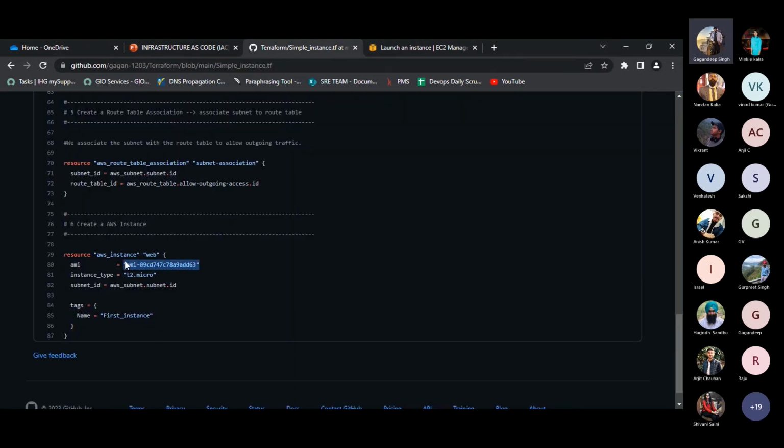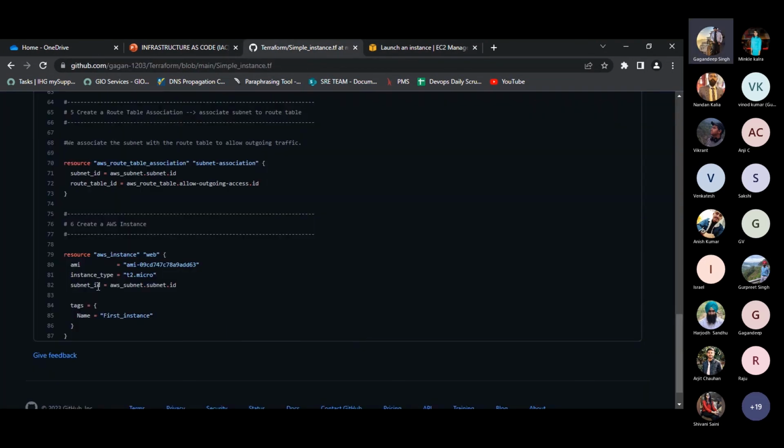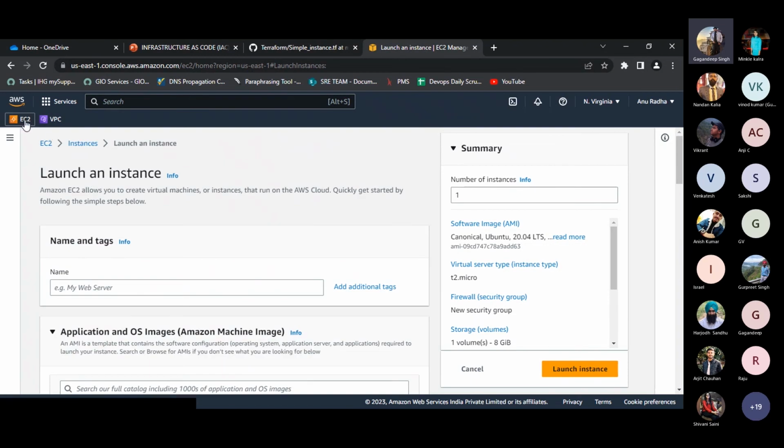This is the same as you can see in this. And then we will assign a subnet to our AWS instance, and this is the tag I'm using for my AWS instance.